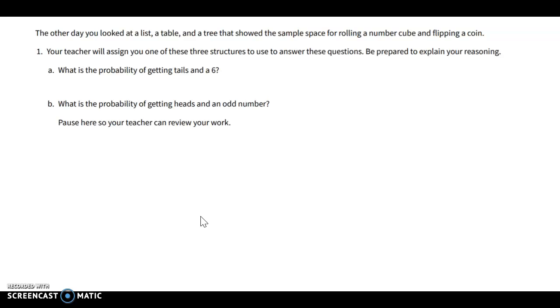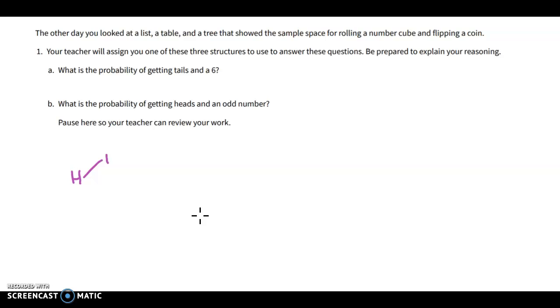So what it's talking about is that you first are going to flip a coin, right? So you can get a tails or a heads, and then you're going to roll a die, right? So you have options 1 through 6. So I'm going to go ahead and make the tree down here, so you guys can see, right? So I could get heads,